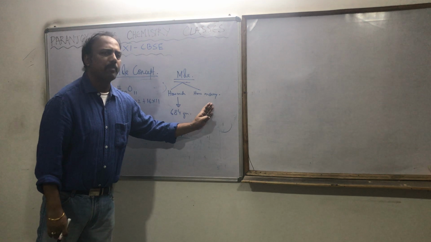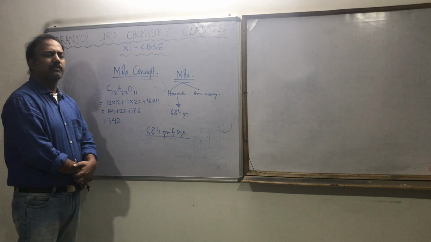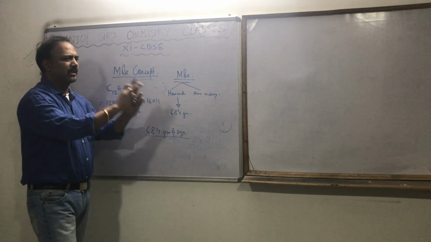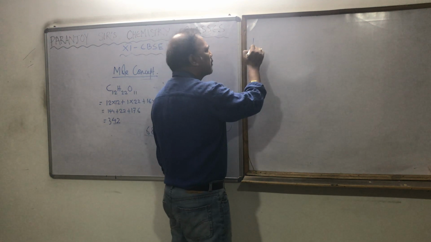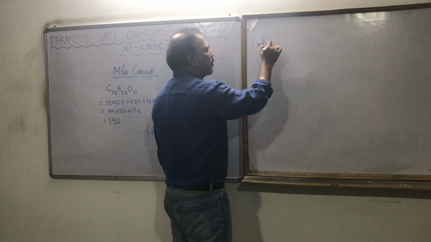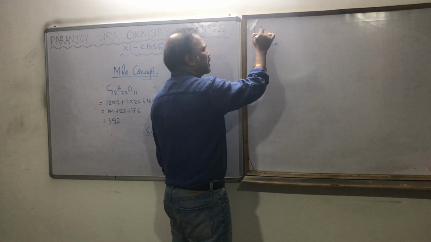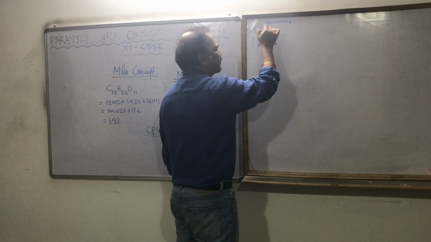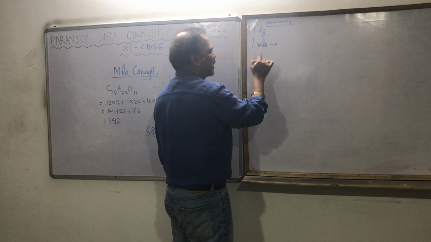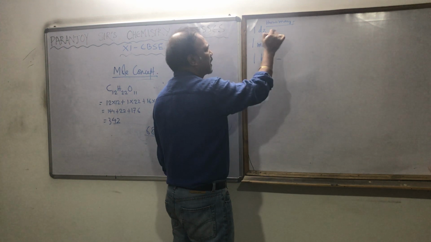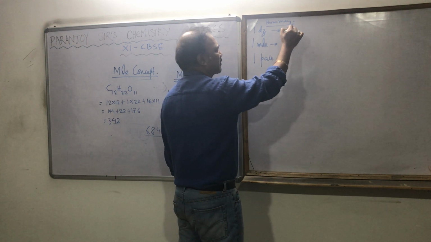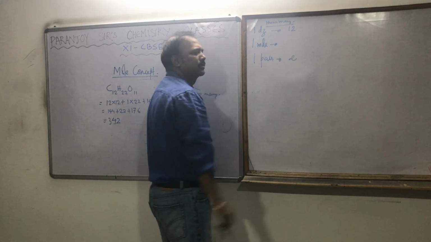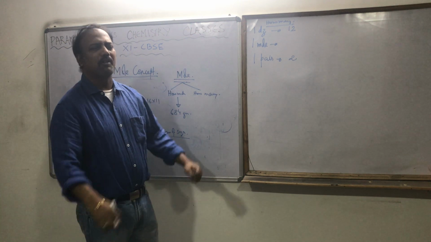Next, I asked how many sugar you had brought. For that, you must know the mole concept. Let us know what the mole concept is. First, we are going to know how many. 1 dozen, 1 pair. Tell me, 1 dozen means how many? Yes, very good, 12. 1 pair means how many? Yes, very good, 2. Same way, 1 mole of anything